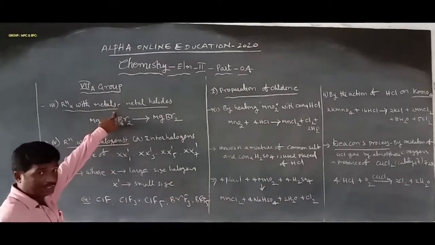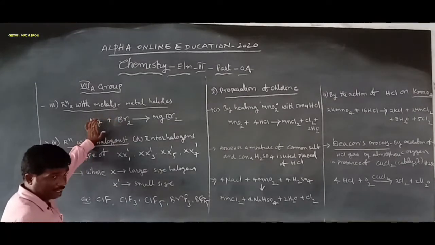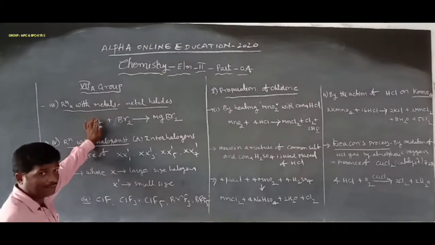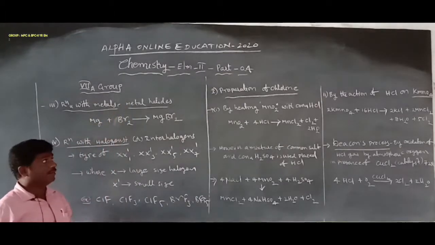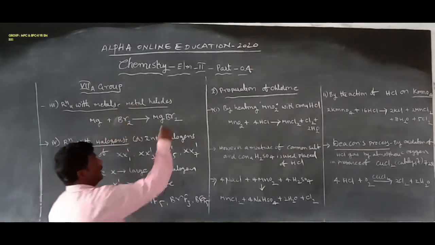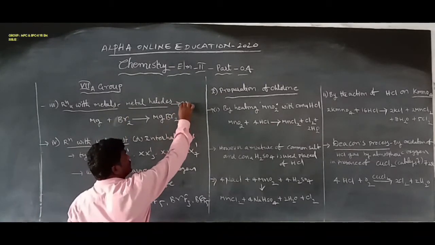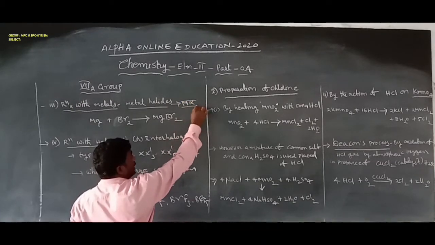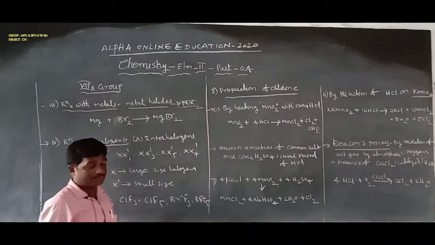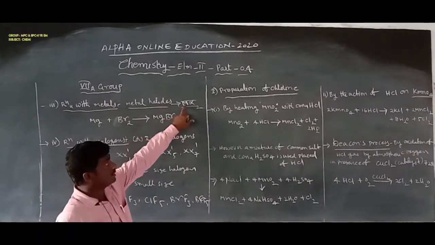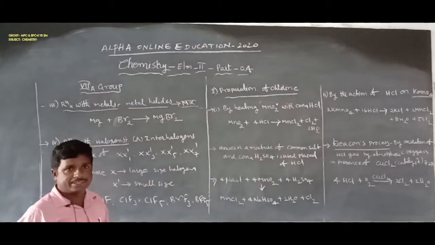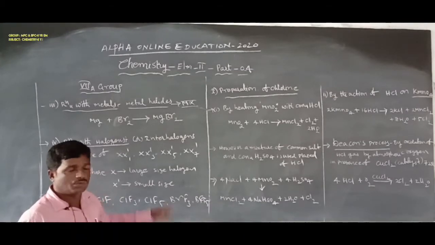Halogen elements react with the metal, for example magnesium metal. Seventh A group elements, or halogen elements, react or combine with the metal to form metal halides. Here M stands for metal. It combines with the halogen to form metal halides, MX2 type of halides. Here M stands for metal and X stands for halogen elements. All seventh A group elements are halogen elements, which combine or are treated with